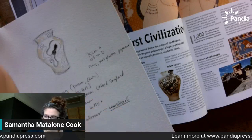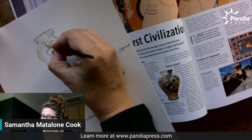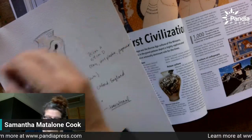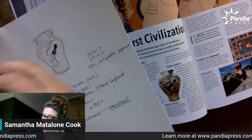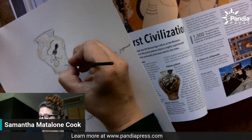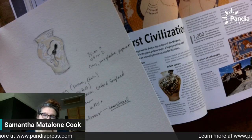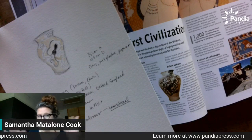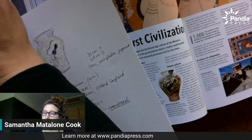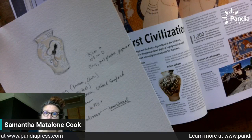But they can paint these in and create their own little book. One of my favorite things to do when I'm teaching in person in a classroom is to create a museum wall of these objects that the students are making. I think that putting them on display gives them extra importance, and it encourages,